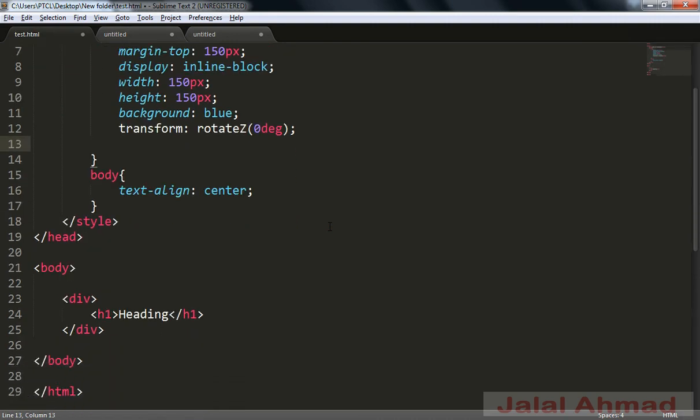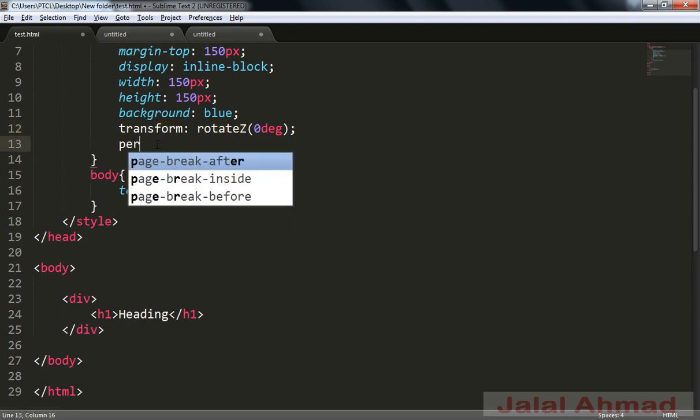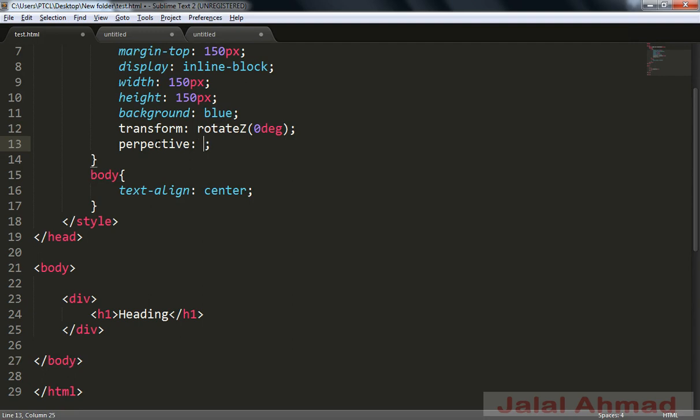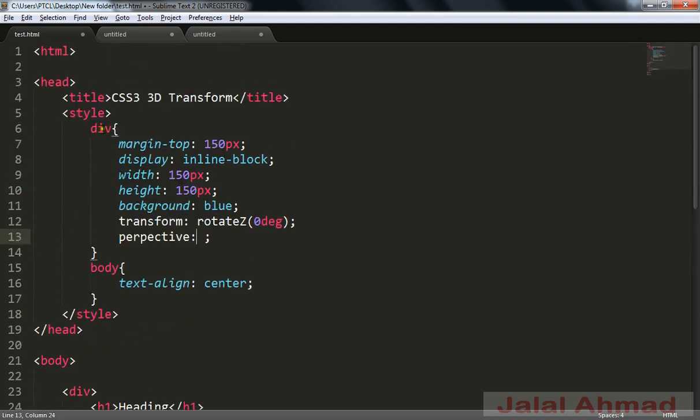So let me first tell you that we learned about the perspective function which we applied in front of the transform value, and this is now another perspective property which we will be applying on the parent of that element on which we want to apply the perspective. So we want to apply the perspective property on this div. So the parent of this div is body, so I will apply